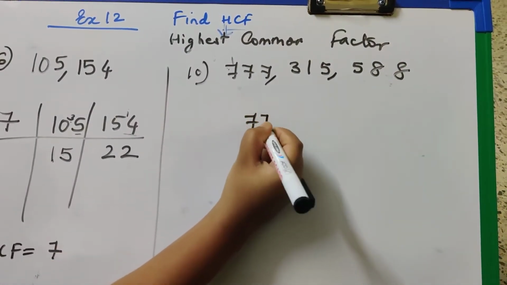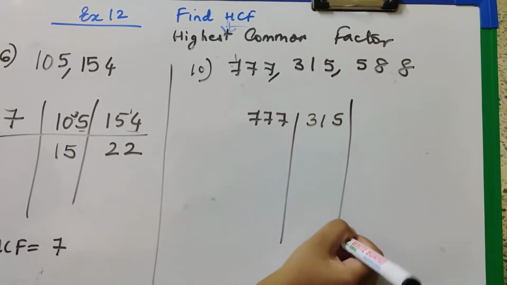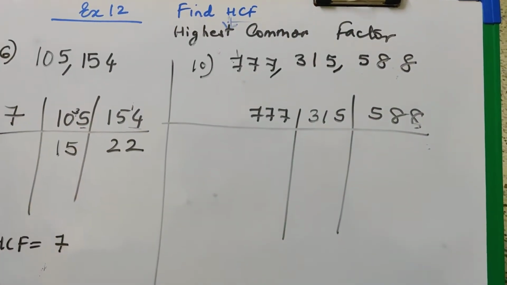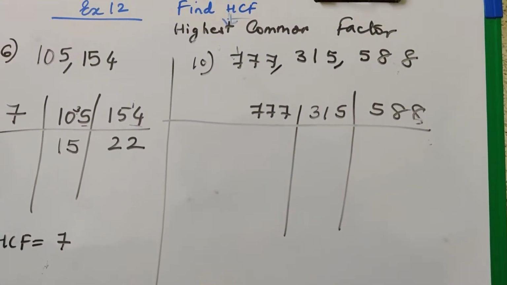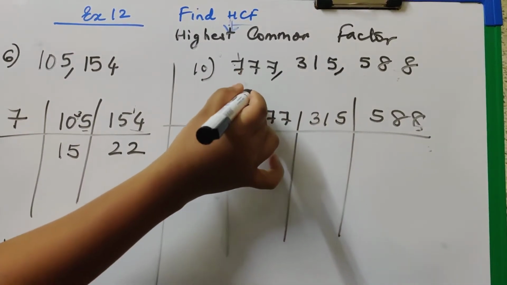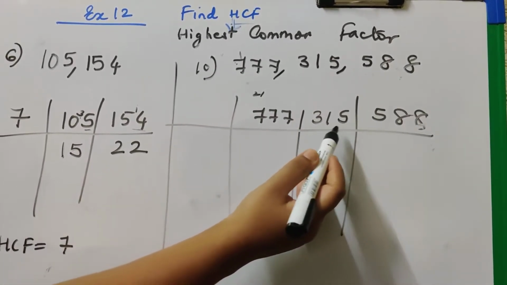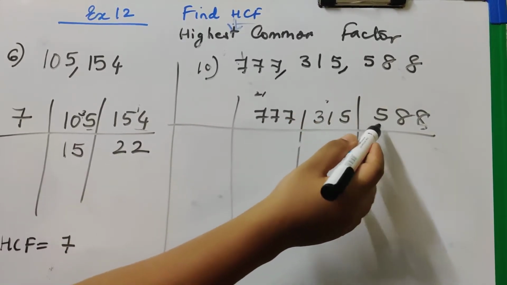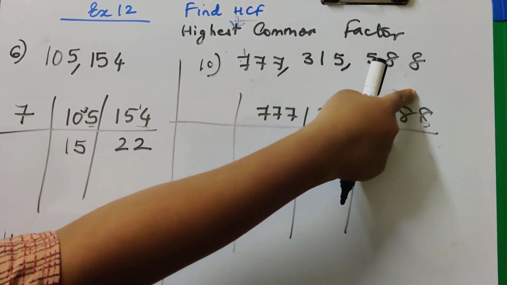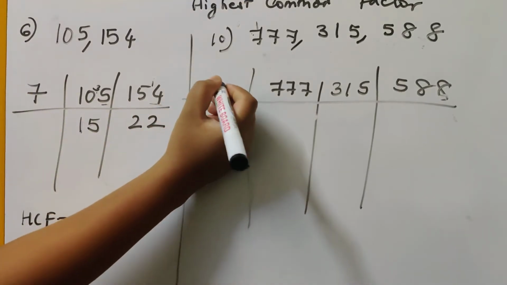So let's write it vertically, with a horizontal line. Now ask yourself, can I take the table of 2? No, I can't. Can I try with the table of 3? 7 3s are 21. Here I get 21. Write it with a pencil. Find the addition of the digits. 3 plus 1 is 4, 4 plus 5 is 9, 5 plus 8 is 13, 13 plus 8 is 21. So all the three numbers, on adding, I am getting them to be multiples of 3. So I can use the table of 3. So let's start.